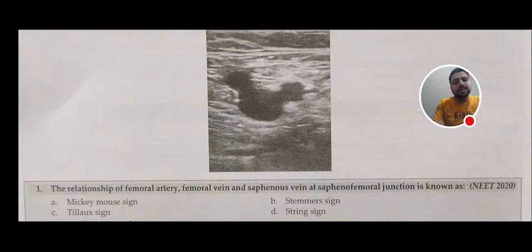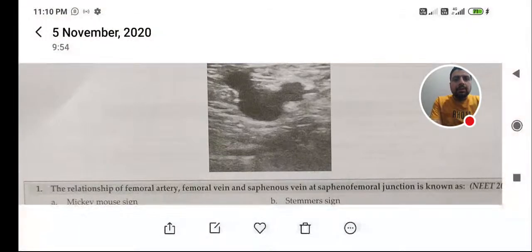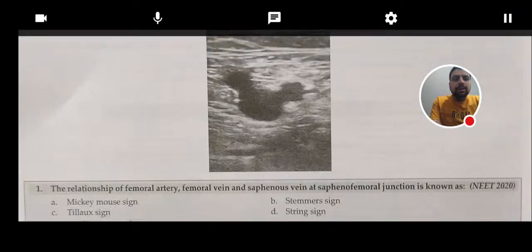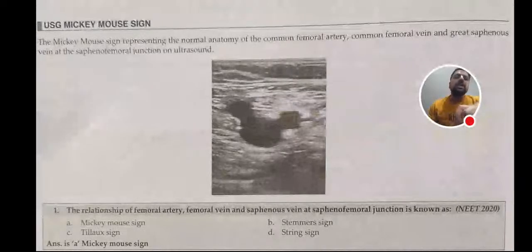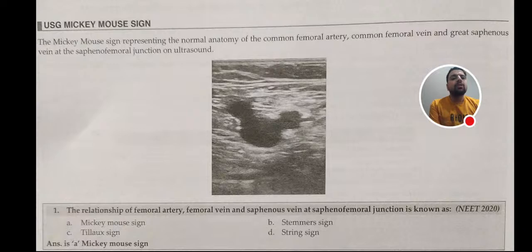The answer is Mickey Mouse sign, representing the normal anatomy of common femoral artery, common femoral vein, and great saphenous vein at